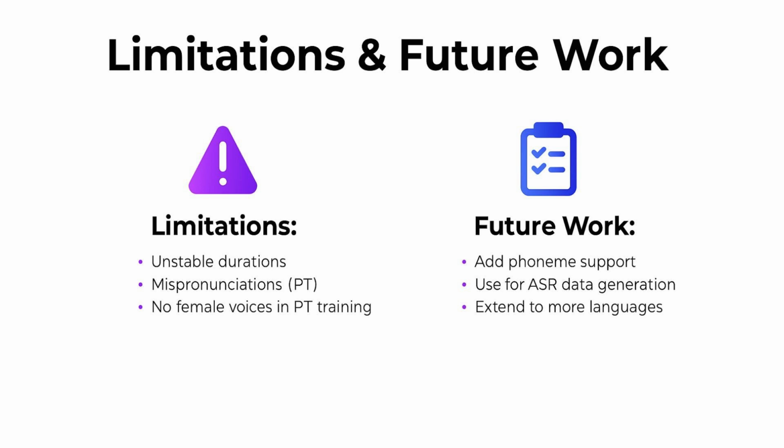And then we also have the Portuguese gender gap. Portuguese training lacked female voices, so the voice conversion to female Portuguese voices is weaker, and this is purely due to data coverage problems. So the first, unstable durations, is basically caused by the MAS, or basically having hard boundaries, that is we align completely fixed targets per token. So basically each token has assigned hard speech frames that can cause problems.